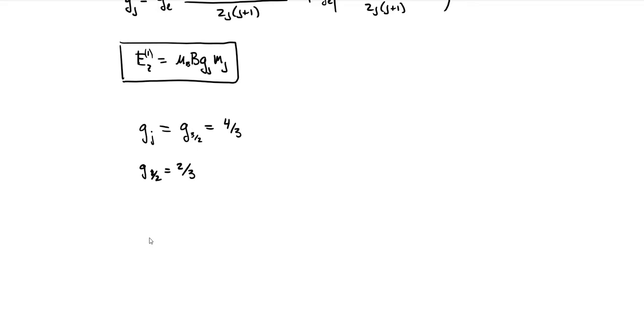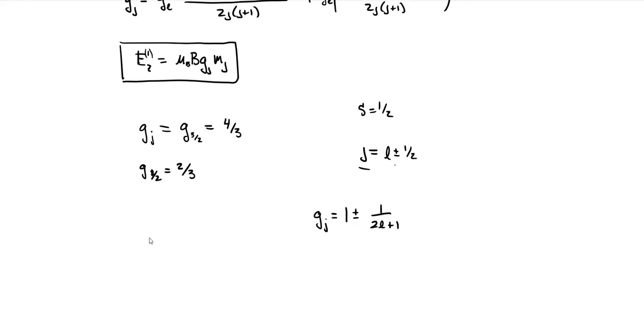In general, for what we've been looking at, we have S equals 1/2. We're looking at the hydrogen atom with the electron. Our J is going to be equal to L plus or minus that 1/2. If we plug that in, that Landé G factor can be reduced to 1 plus or minus 1 over 2L plus 1, where the plus or minus relates to which J state we have.